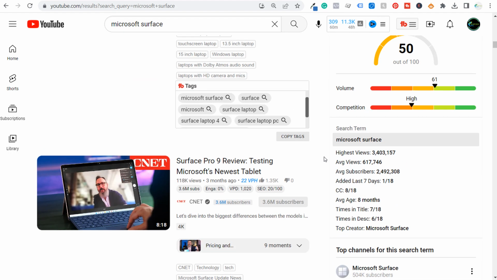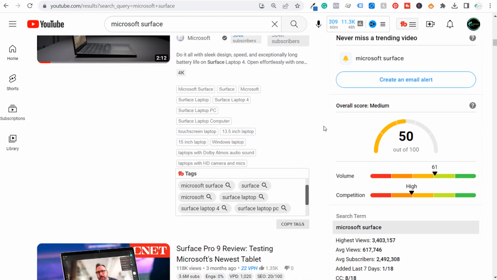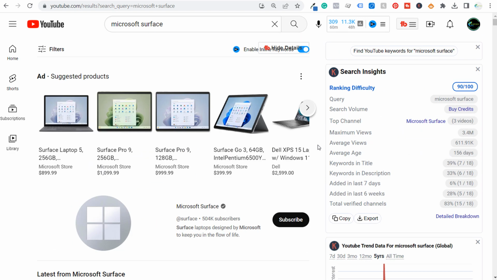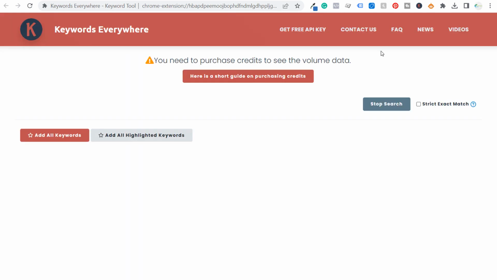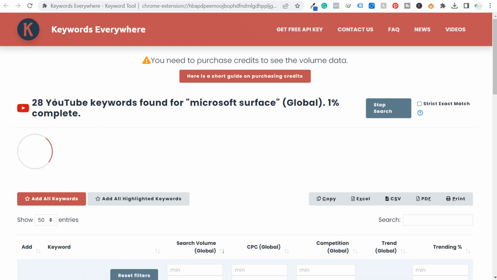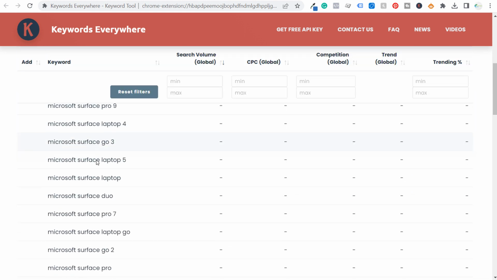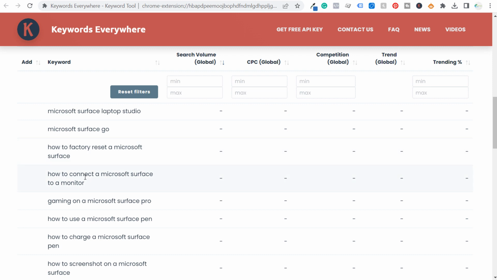So by using Keywords Everywhere, using TubeBuddy and using vidIQ, you can get a bunch of different keyword ideas. The other thing I really like about Keywords Everywhere, this is why this is my second favorite tool, because it's completely free to just say, okay, I want to find YouTube keywords for Microsoft Surface. It's going to open up a brand new page and it's just going to find an endless amount of keywords about Microsoft Surface, starting with the most popular keywords from Autocomplete,